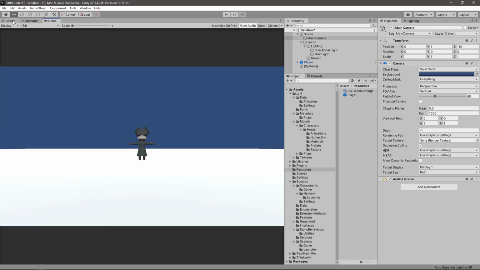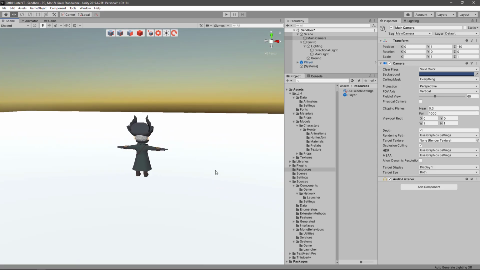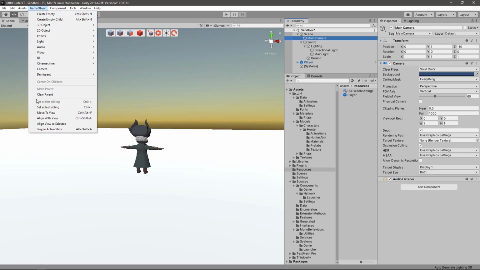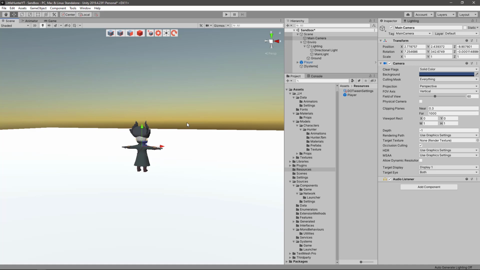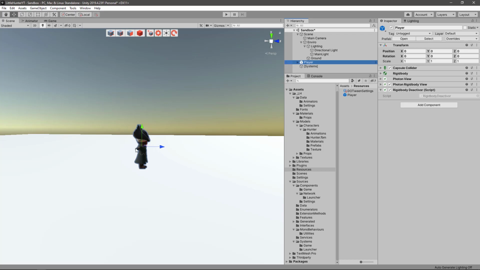So let's check the camera. Okay, what we can do here is probably select a view that we can switch to, and from the main camera game object go to the game object menu and align with view, Ctrl Shift, and there we go, have the same view on both sides. Alright, so this is the zero position of this scene,